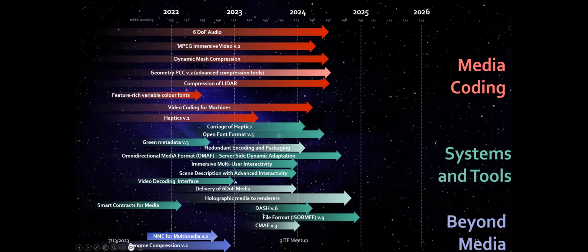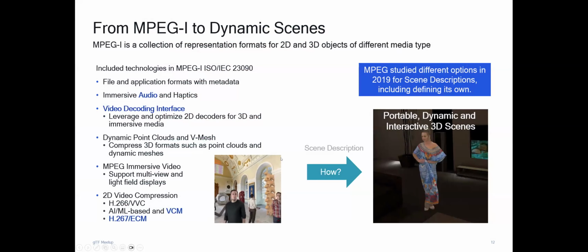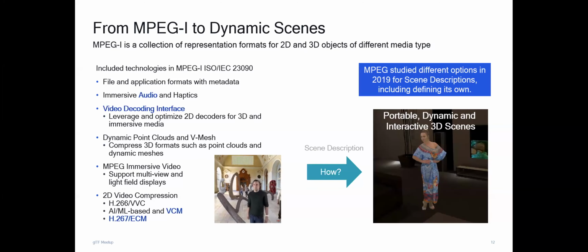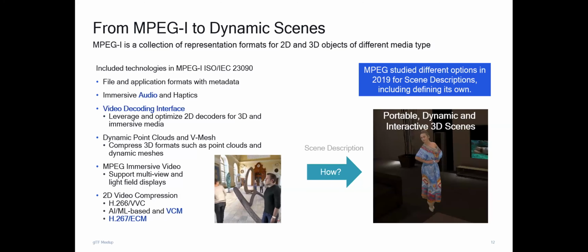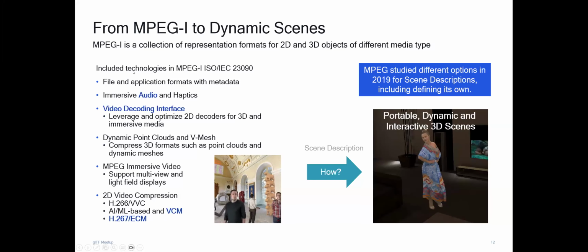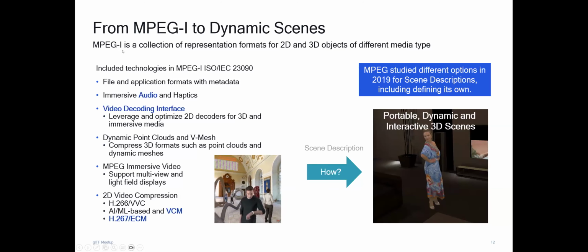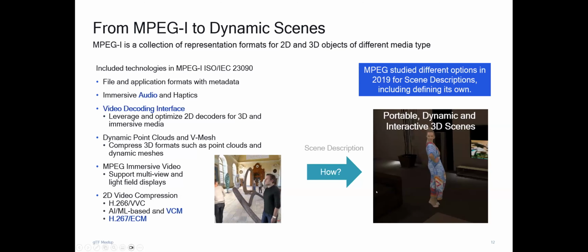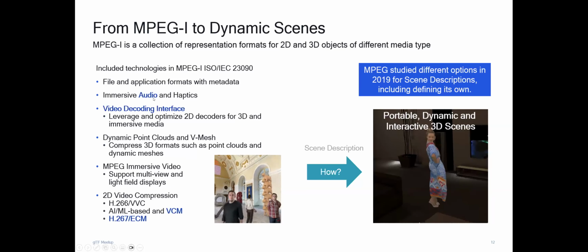And it's not only MPEG doing this. Basically, all other organizations or proprietary technologies are developed that are basically addressing some of the aspects. So we take MPEG just as a placeholder, but what is looked at is the larger ecosystem. So now one of the questions is, how do we get from all of these different components that we have to dynamic scenes, right? And what I identified before, there's a collection of standards under the MPEG-I umbrella, which is MPEG immersive media. And you have different compression formats here, audio and haptics.